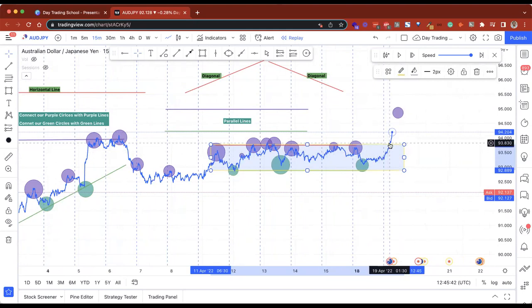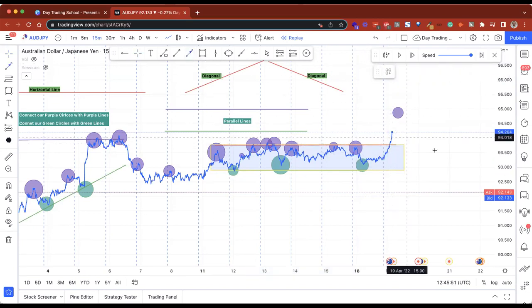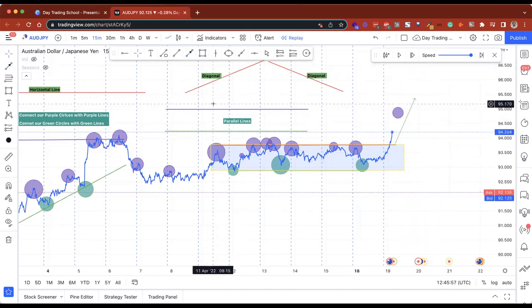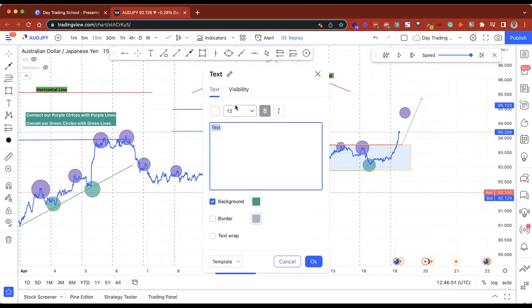It went out the ceiling because this was the ceiling up here, right? Remember that red line we drew? It broke above it. So now this is where you would get in and you would try to ride it as it goes up. Okay, that's what you wait for. So this is a specific strategy, and we'll learn more about it later. It's really early. This is 3rd grade, and y'all are getting a preview. So don't think that you gotta